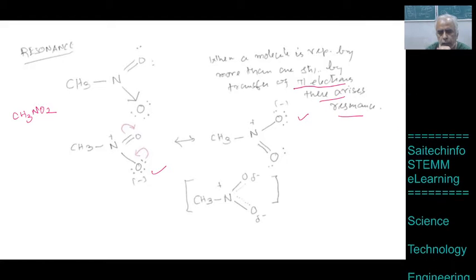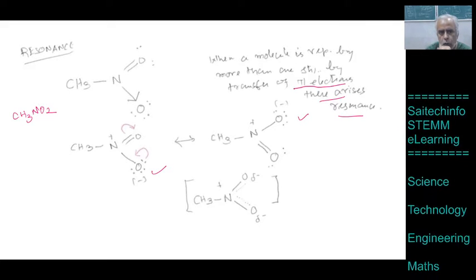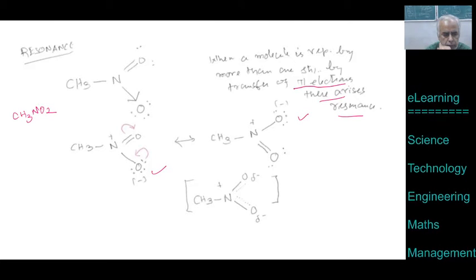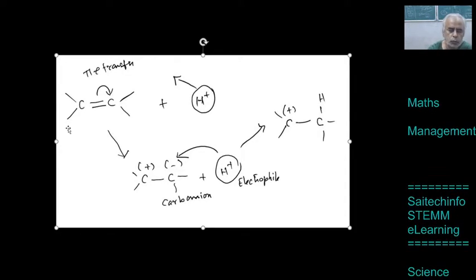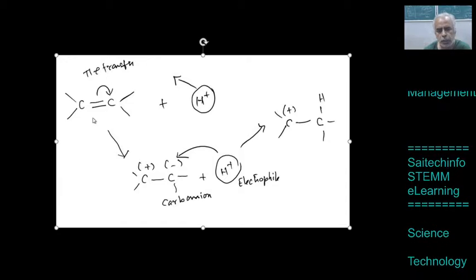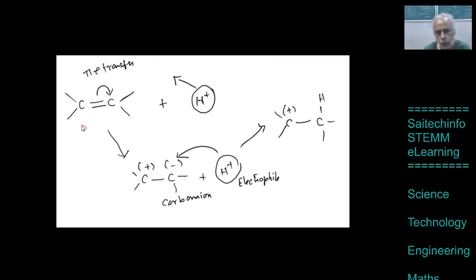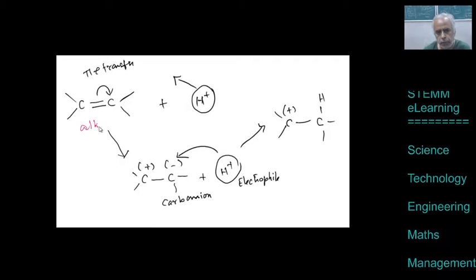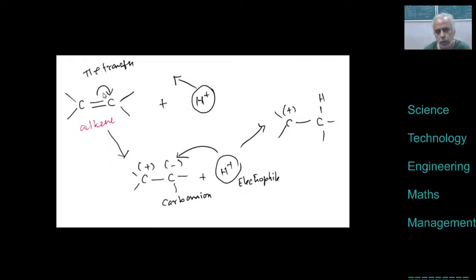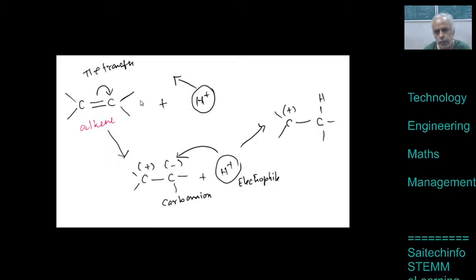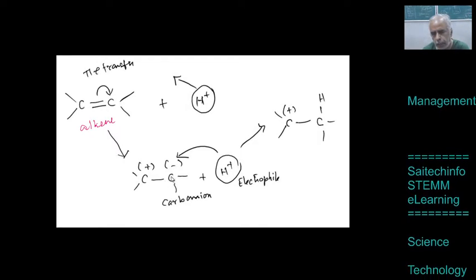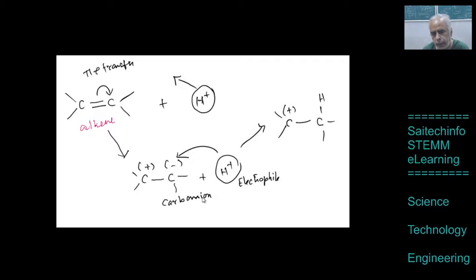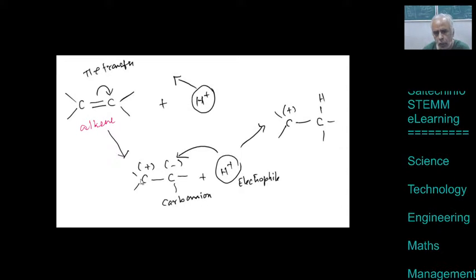Similarly, the pi electron shift can also occur in the case of ethene, that is C double bond C. Take down. Here you have C double bond C, which is nothing but alkene. So in case of alkene, you have a double bond, is it not? So there is a transfer of pi electron like this, so that this becomes plus and this becomes minus. So a carbon atom with the minus can be called carbanion. And what about this? This is called carbonium ion.